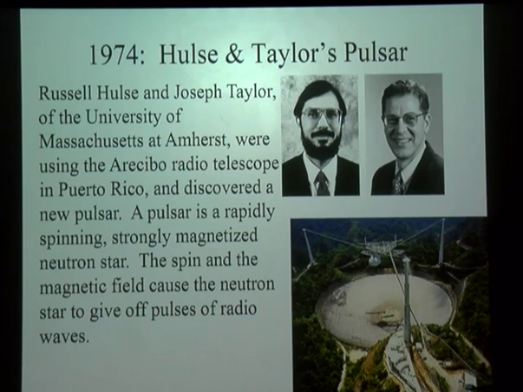And they've discovered a new pulsar. Now, a pulsar is a type of neutron star. So it's a ball of neutrons. It's not made of atoms anymore. No protons, no electrons, just neutrons, all held together by gravity in a tiny ball just a few miles